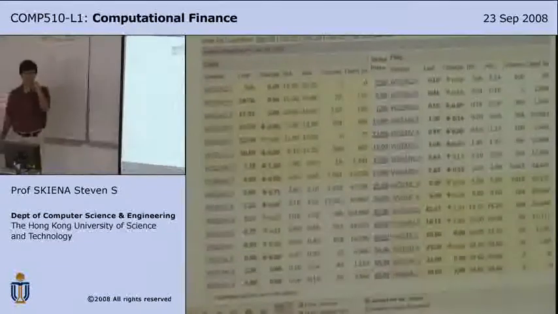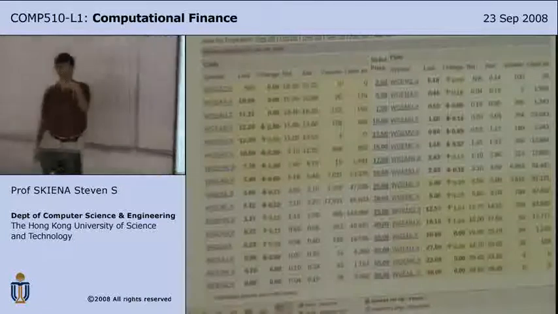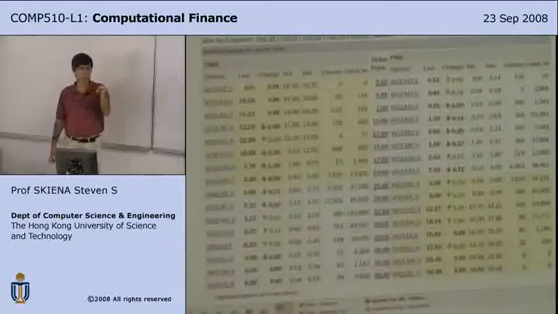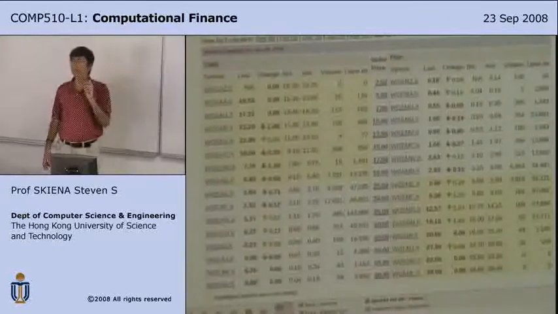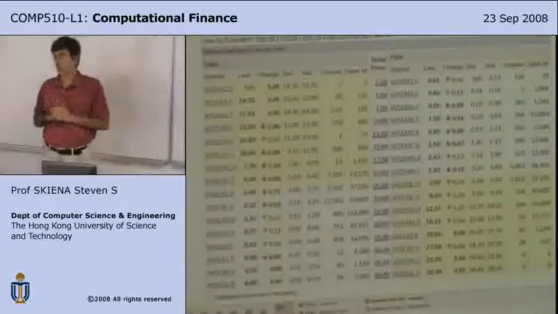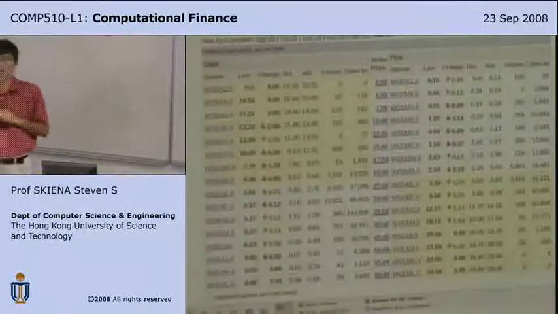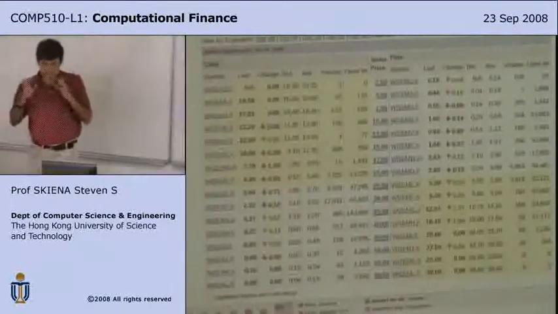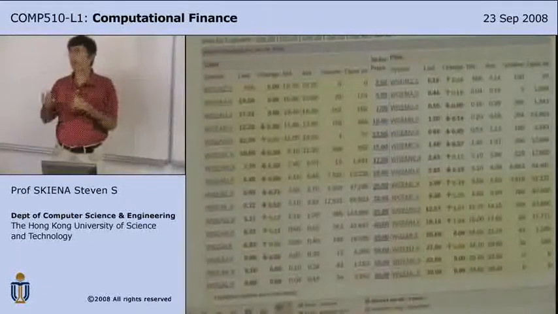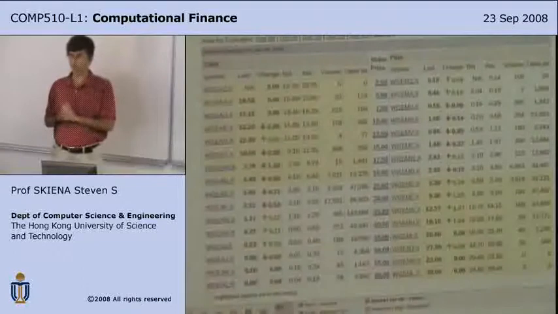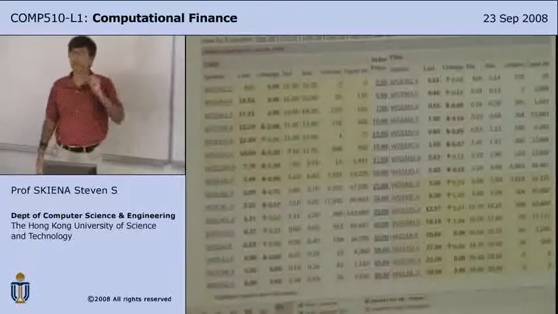A question about anything would be interesting. Any questions about what any of these columns mean? Yes? What's the difference between volume and open interest? Okay, open interest is an interesting thing. Now, when we talk about options, how many options are traded at one time? If we think about it, what is the limit on how many options can be offered on General Electric at any one time?